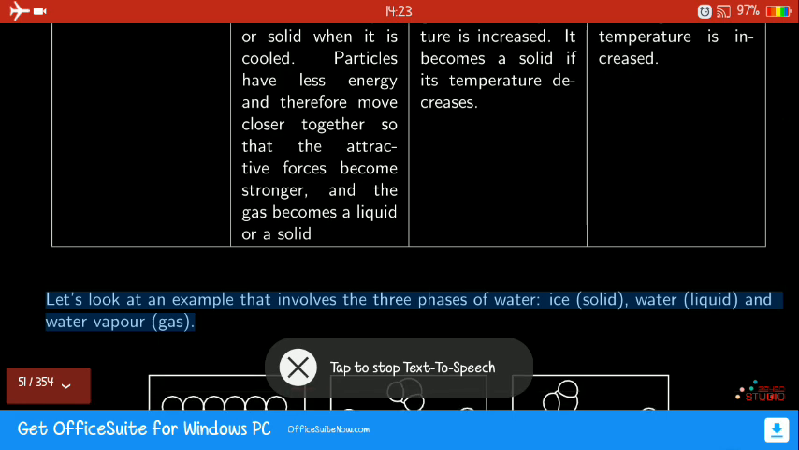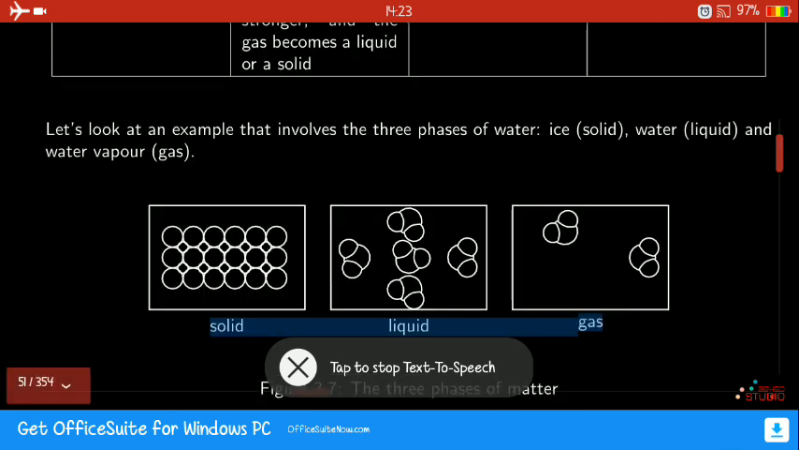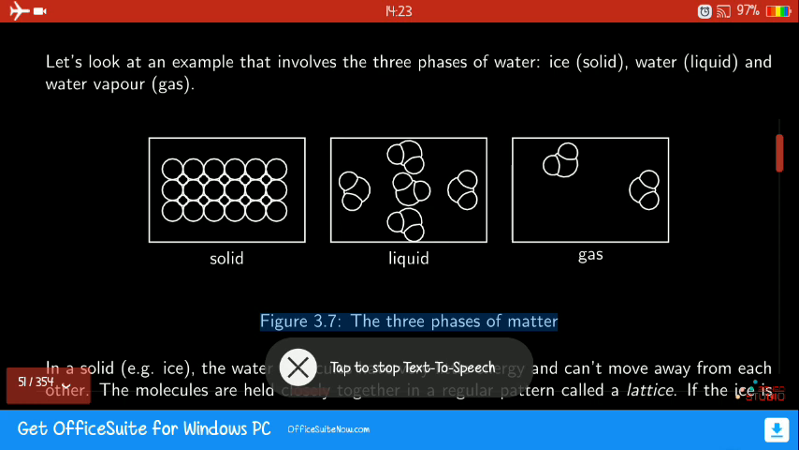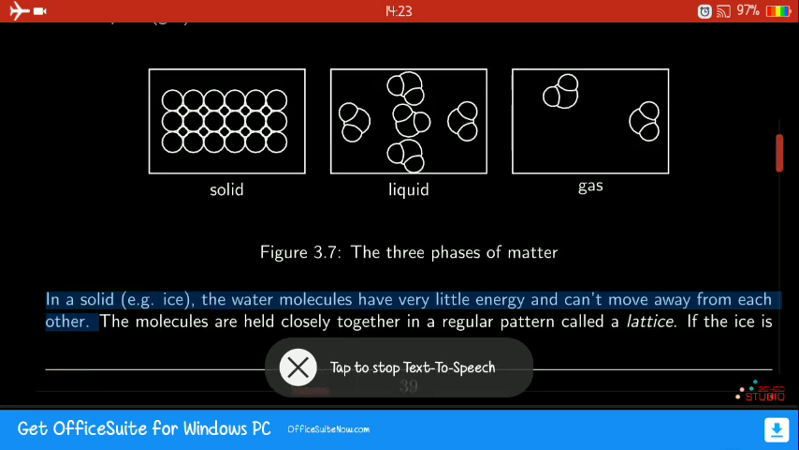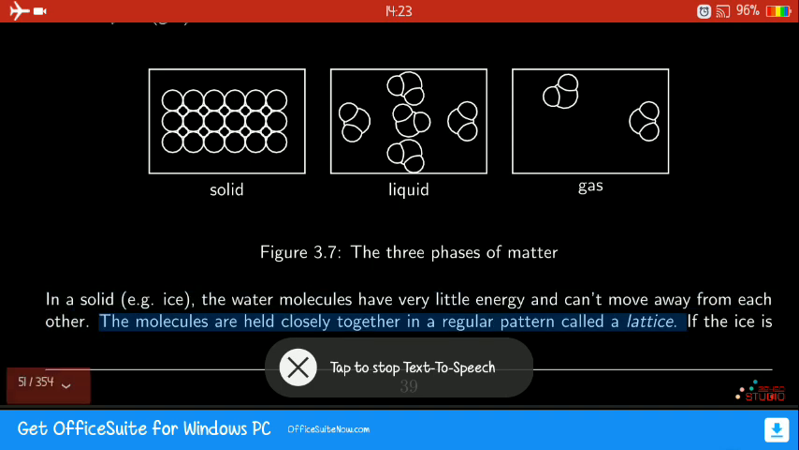Let's look at an example that involves the 3 phases of water: ice (solid), water (liquid), and water vapor (gas). Figure 3.7, the 3 phases of matter. In a solid, for example ice, the water molecules have very little energy and can't move away from each other. The molecules are held closely together in a regular pattern called a lattice. If the ice is